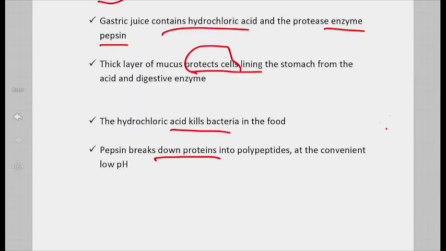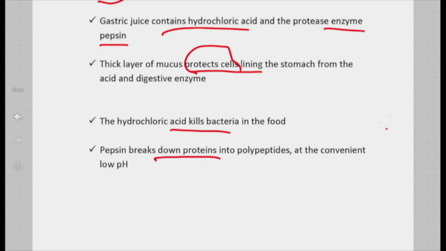Two, creating a conducive environment for the function of the enzyme pepsin. So those two roles need to be known, the roles of HCl in the stomach. Pepsin breaks down proteins into polypeptides at the convenient low pH. So the protein molecule, the macromolecule food molecule we talked about earlier, is broken down by pepsin